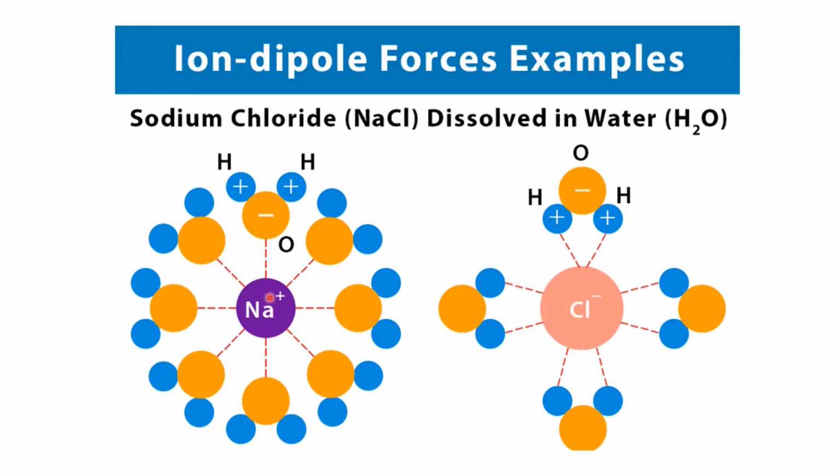For NaCl dissolved in water, we can see here that in the water molecule, the hydrogen has a partial positive charge and oxygen has a partial negative charge. So when it comes in contact with the sodium ion, the sodium ion will interact with the delta negative charge of the water molecule and it will be surrounded by the water molecules like this. Whereas the chloride ion would interact with the delta positive charge of the water molecule, as you can see here, and these interactions basically lead to the dissolution of NaCl in the water.